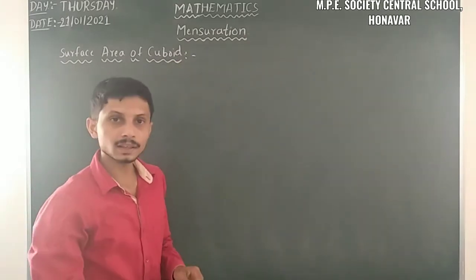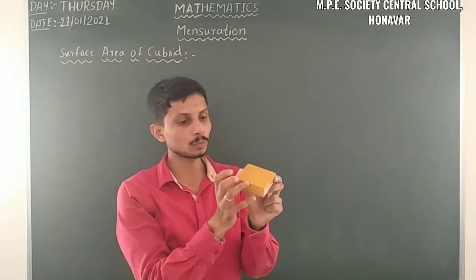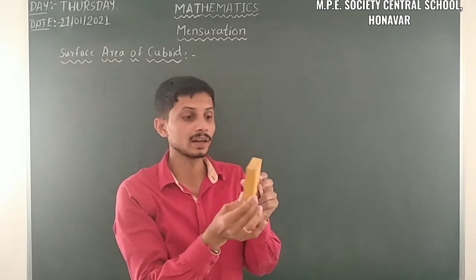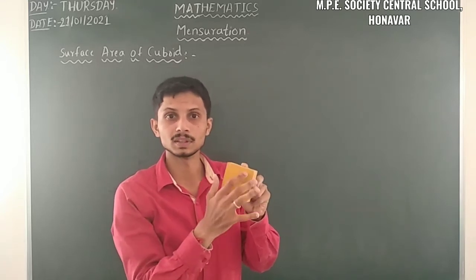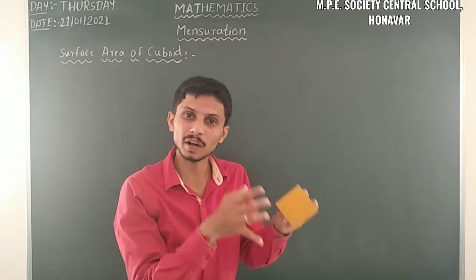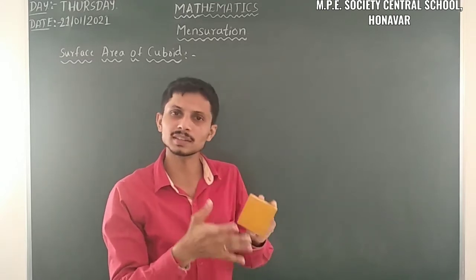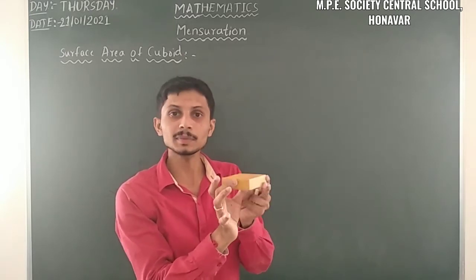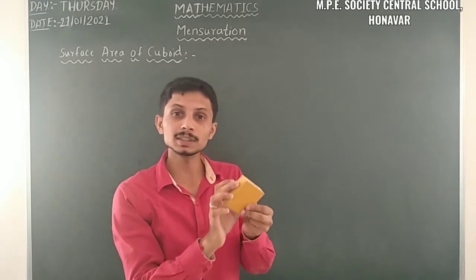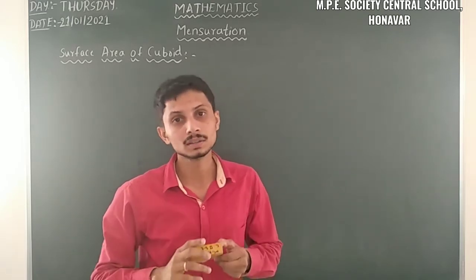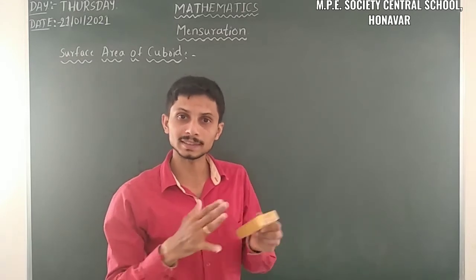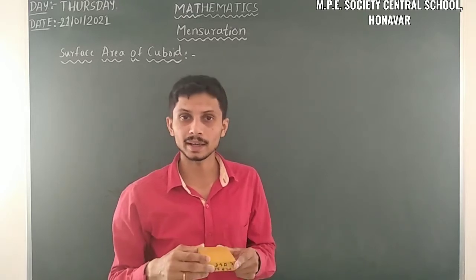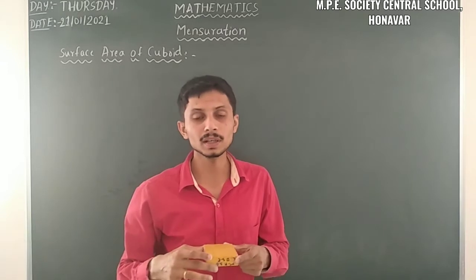Let's take the cuboid here. Just observe, this is a cuboid. This part looks like a square and this part looks like a square. A square is also a kind of rectangle. The other parts look like rectangles. That means here we have 6 faces, and the 6 faces are either rectangles or squares. Almost all the faces will be squares or rectangles.